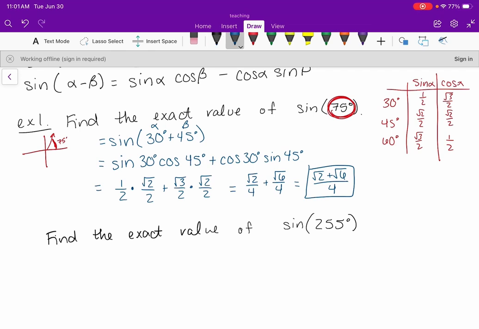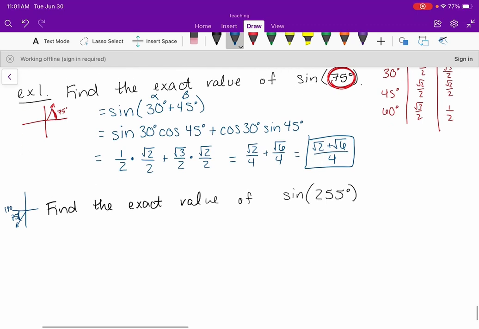Now the issue is if I go and I graph 255, so it's in quadrant 3. This is 180. So 255 is 75 degrees away from 180. So it does not have a reference of 30, 45, or 60. So what we do instead is we can find two angles that add up to 255 that we can use